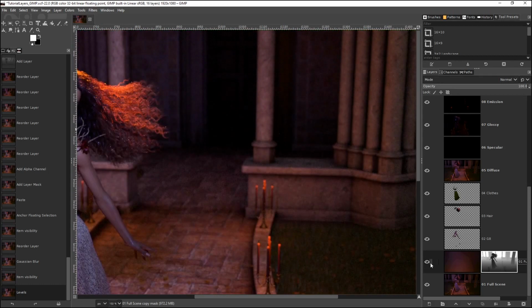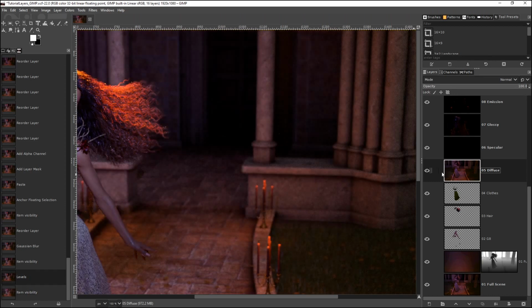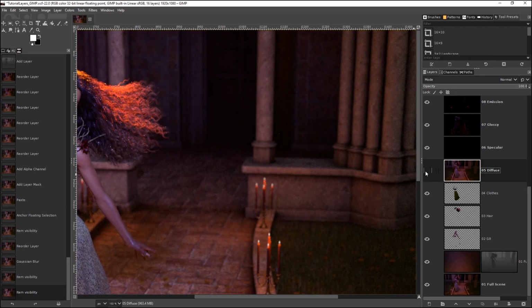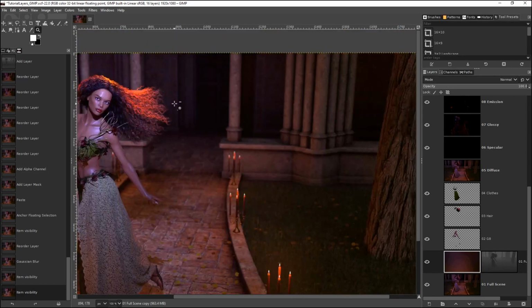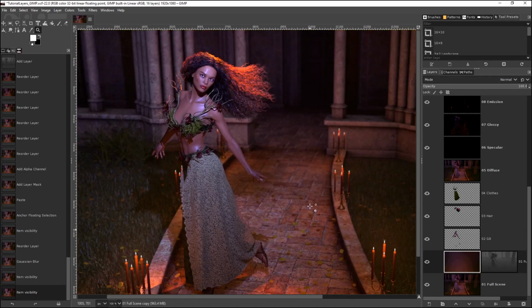Why isn't it showing? Oh, I know why. Ha! I had the diffuse layer on. I would have to have these layers over this one. Sorry about that. But so let's go backwards, since you couldn't see what I was doing at all. Okay. Turn that back off and quit being silly. Okay, so if I zoom back out again, we'll just zoom in a little tiny bit and have it about here. Okay, so at this point, if I turn this off and on,